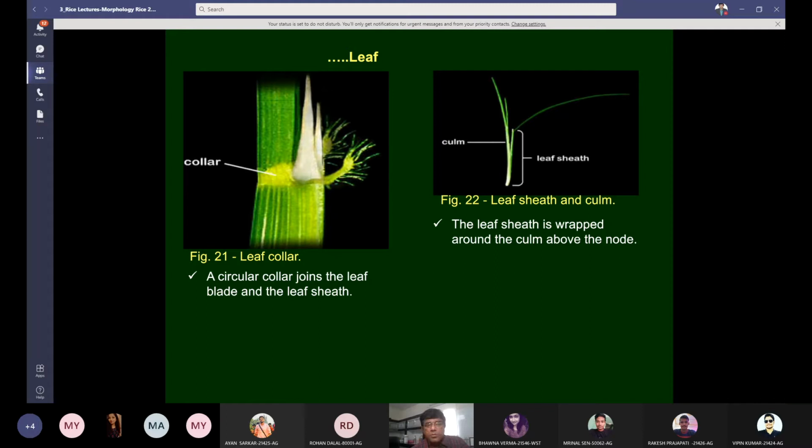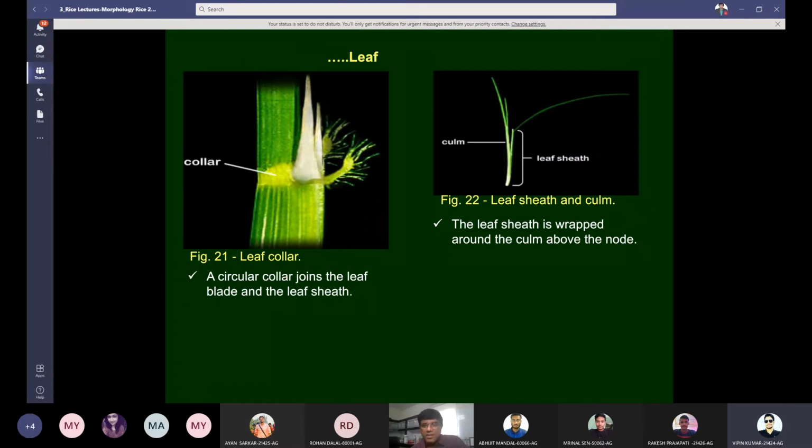And you see two quite prominent structures here. One is the ligule and the other is the auricle. So which one is the ligule and which one is the auricle in this structure on the left side? Please answer. The tongue-like structure is the ligule and the other is the auricle. One is white in color and there are 2 in number. The other is green in color and there are also 2 in number. So white is the ligule and green is the auricle.